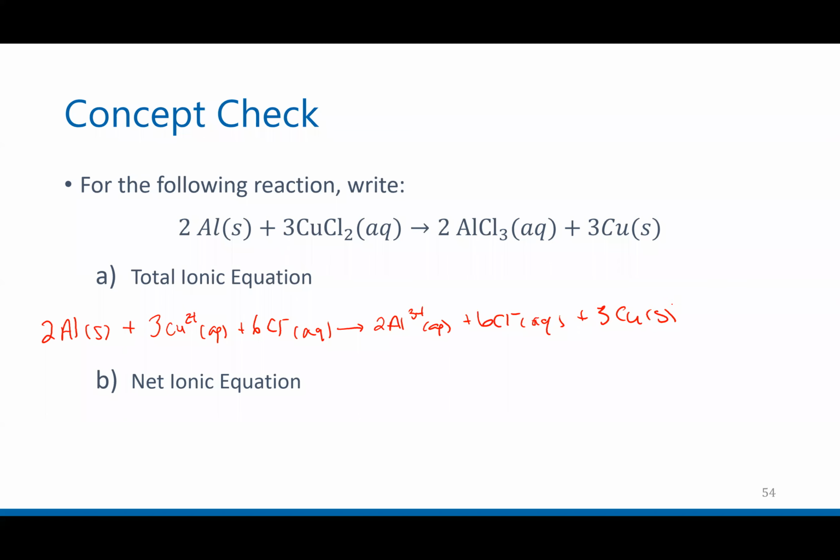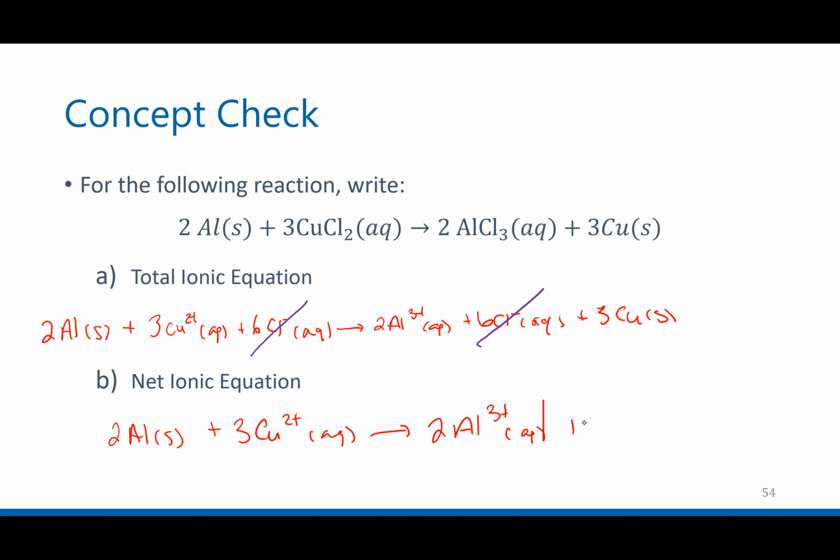Step number 2 would be to cancel your spectator ions. Spectator ions are any chemicals that appear on both sides. So the chlorines, goodbye, they are gone. This means my reaction is going to just be 2 aluminums plus the 3 copper 2 plus ions goes to 2 aluminum ions